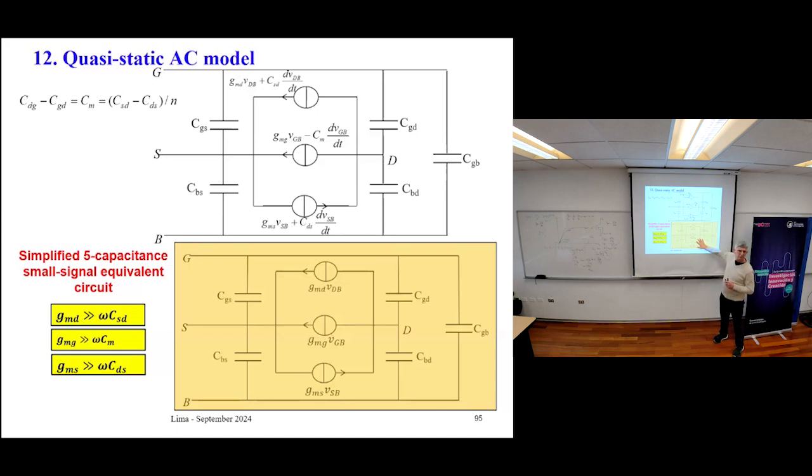Okay, this seems to be quite complicated, right? You have 3 transconductors and 5 capacitors. It's still a very complicated problem. But in most of the cases, you don't need all these parameters. Let's